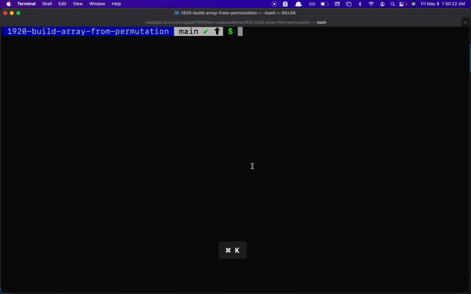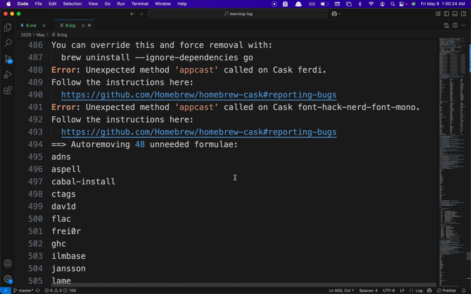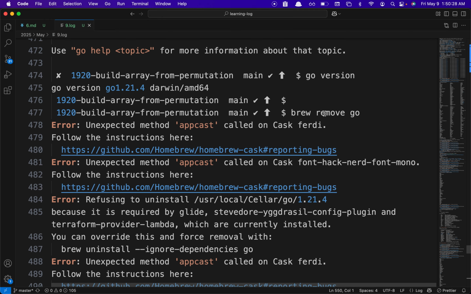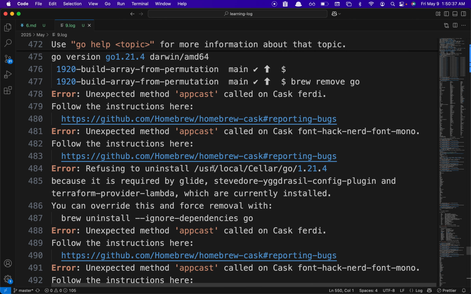So it looks like I was getting an error that basically said I was trying to uninstall Golang, the compiler and the tooling. So I said brew remove go and it gave me a lot of errors. And then I realized something over here, ignore dependencies, something about dependencies. Go actually has some dependencies